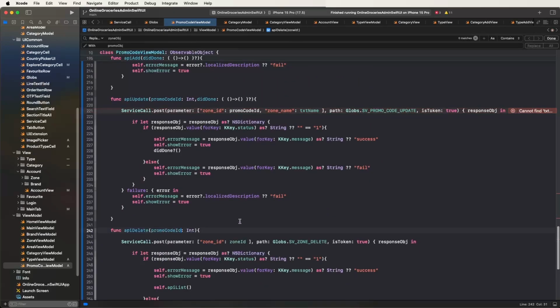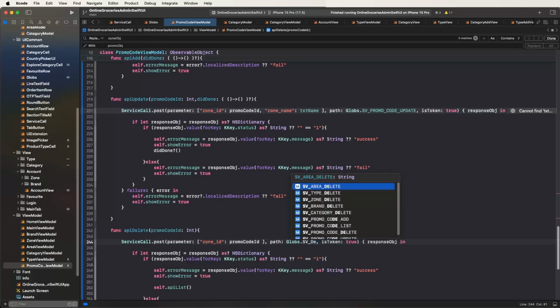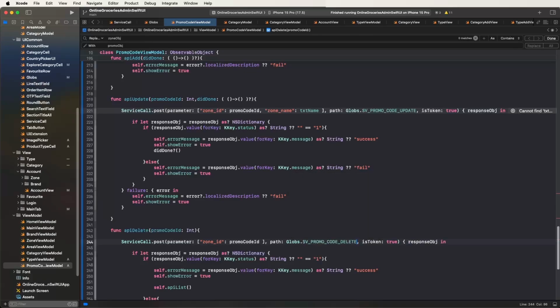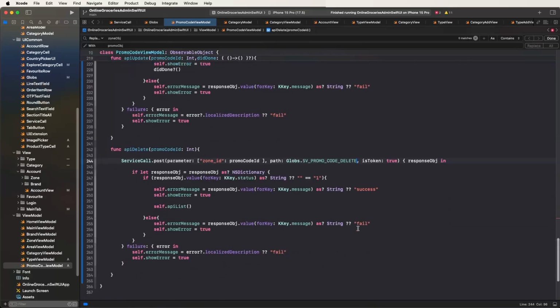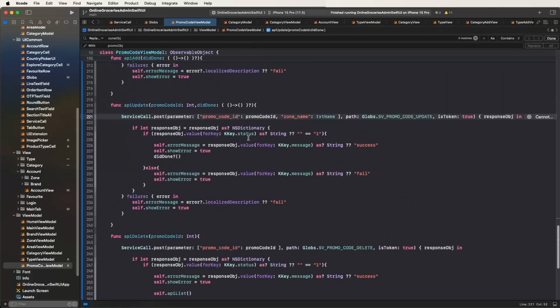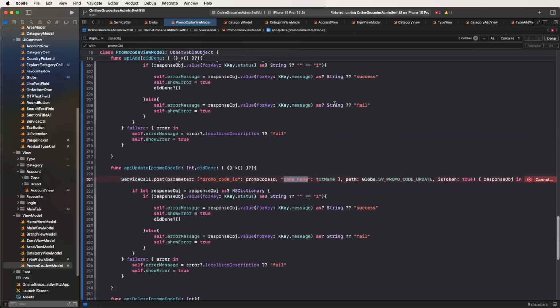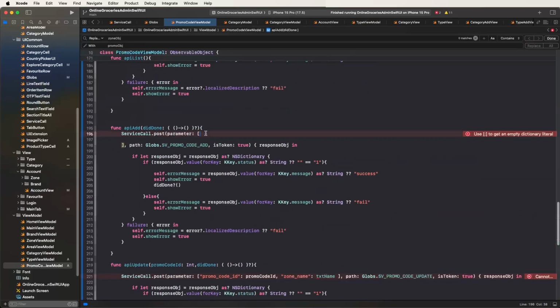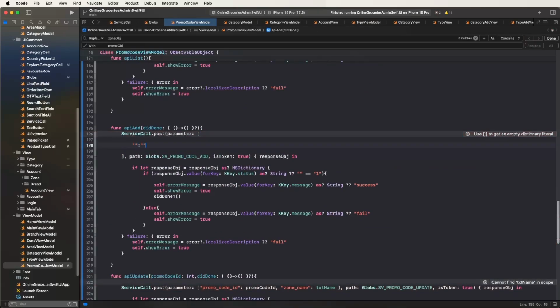Then after, need to paste this here, also replace SV promo types delete, set like this configures, and change the parameters promo code ID like this configures. Now need to copy and apply here. Now one by one we need to pass the value for the parameters. First of all, go inside the add, so we need to add all the parameters